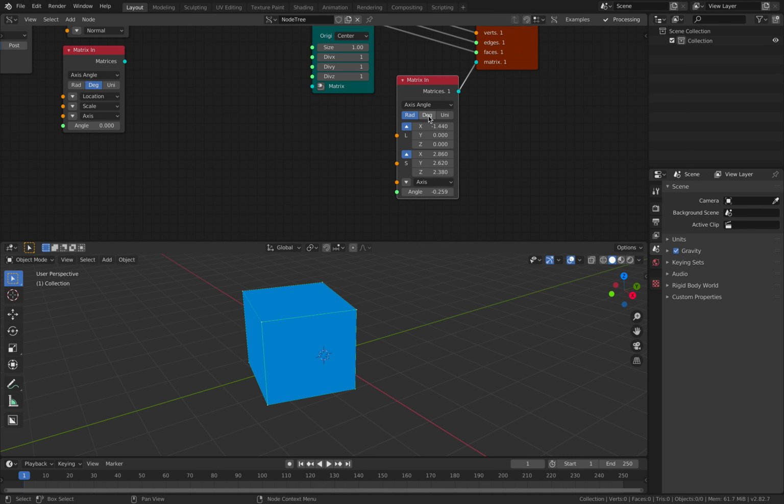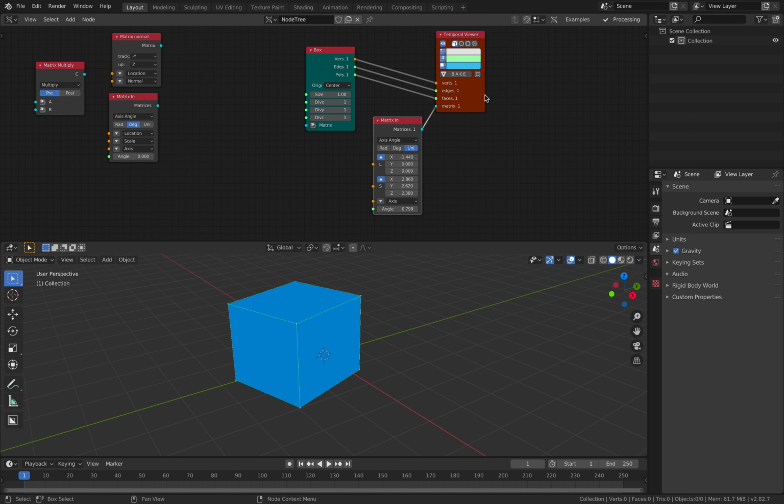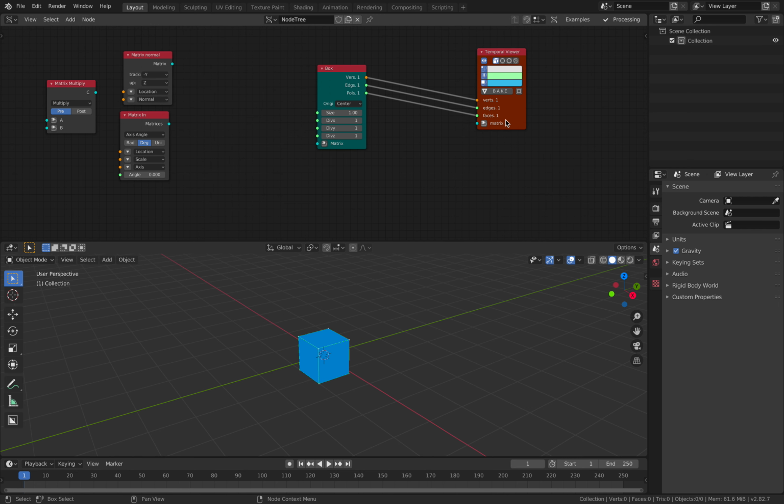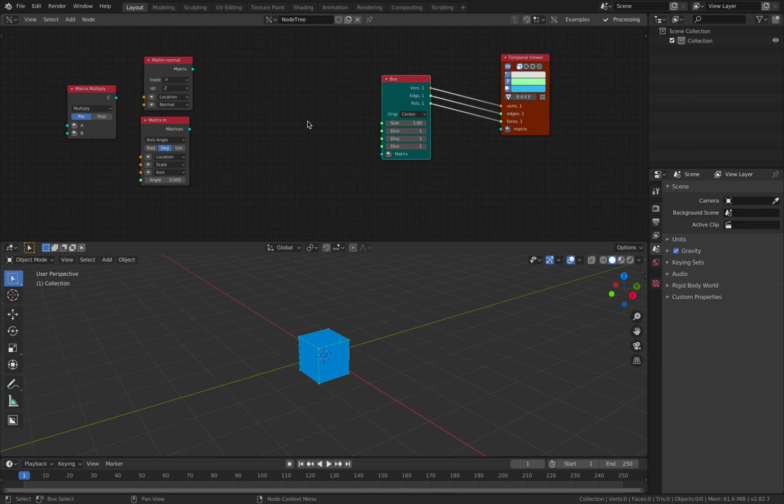We actually have radian, degree, and there's a new one. So these nodes are super useful. The matrix, despite its name, is just like a transform node, but it's actually really powerful because